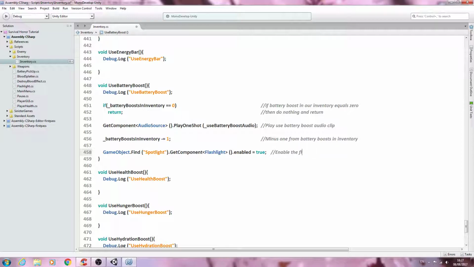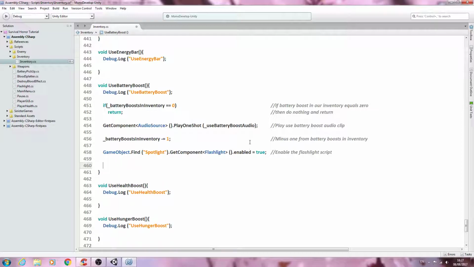Enable the flashlight script. And the reason we need to do this is because when we open our inventory, if you all can remember, we actually disable all the scripts on the player game object, or most of the scripts, all in one go, and then we say, well, we're going to enable the flashlight because we need to actually access it and work with that script. So once we've enabled it,